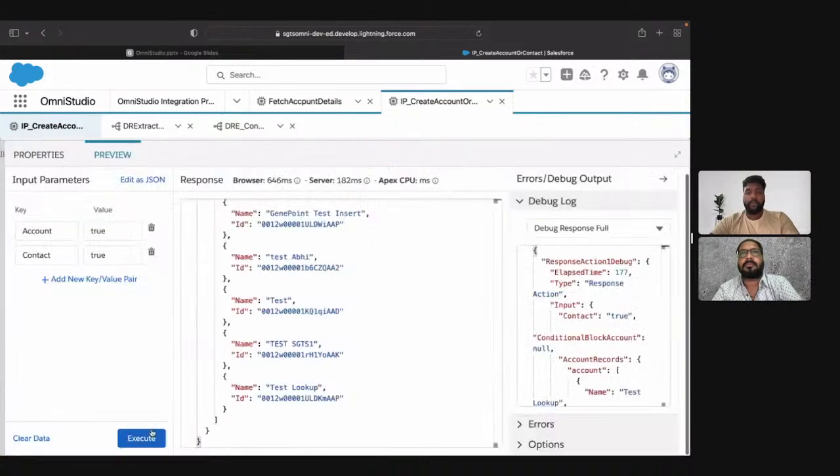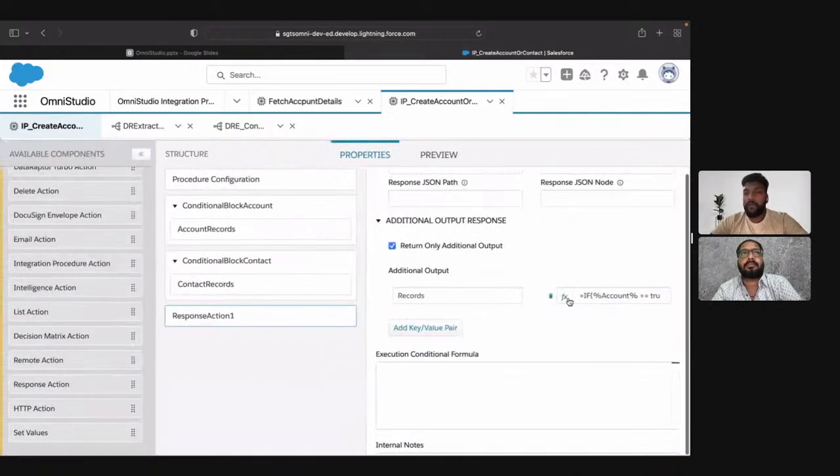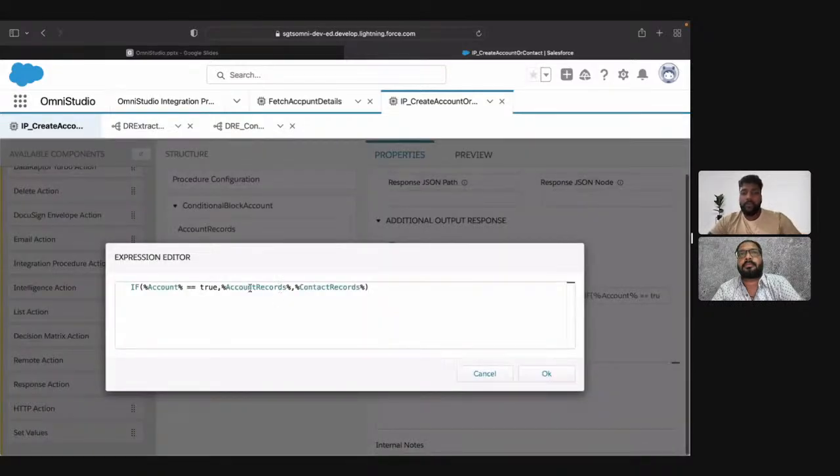Again, I'll go to the preview and click execute. Right now, the account and contact, both of them are true, right? If I go to the fx again, my account is true, so it will never go to the else part of the formula. This will always return the account records only. So if you want to get both the results,